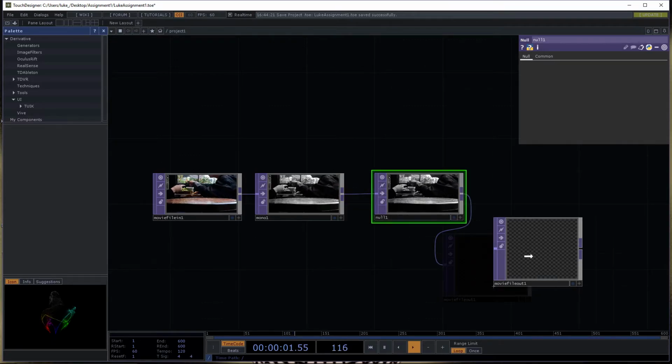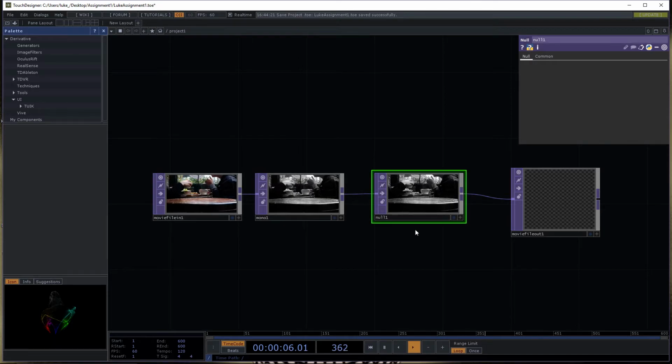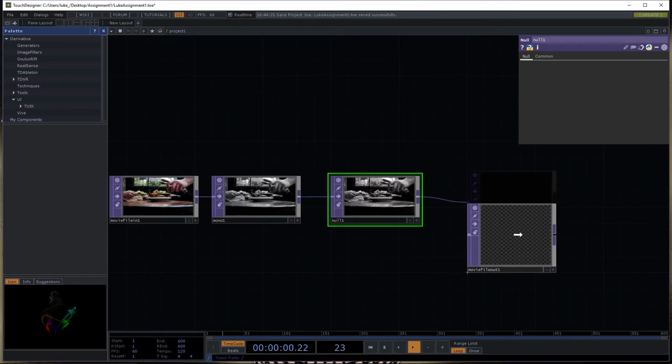And what a null does is acts as a sort of placeholder within our flow. So as you can see in the parameter window of a null, it's empty. There's nothing in it. It's just an empty container. And this is really good for when we need to reference things. And I'll show you what referencing means